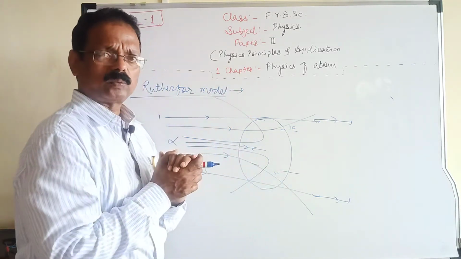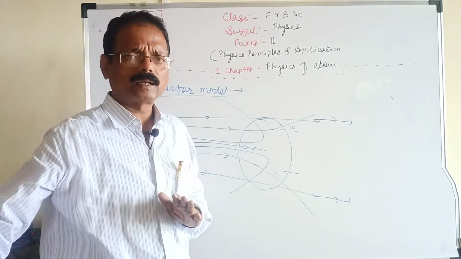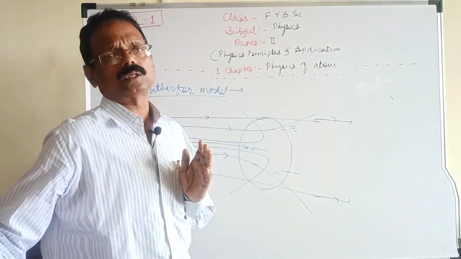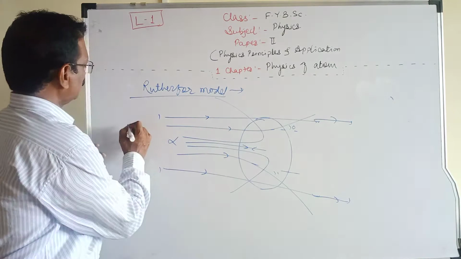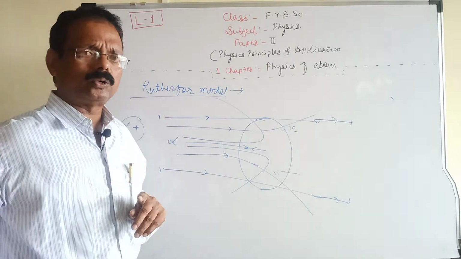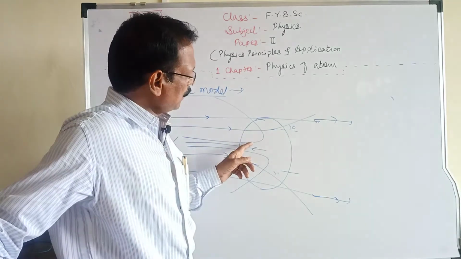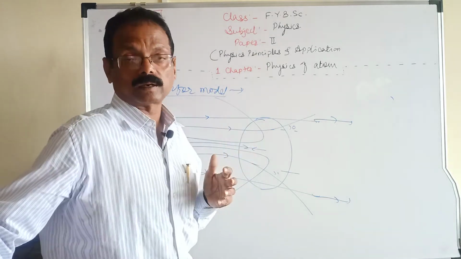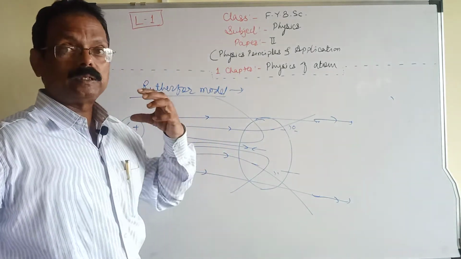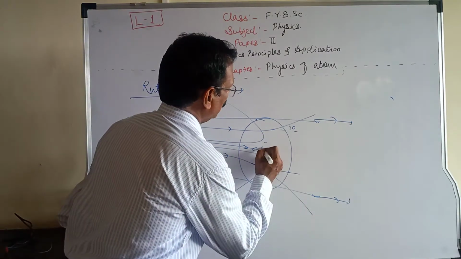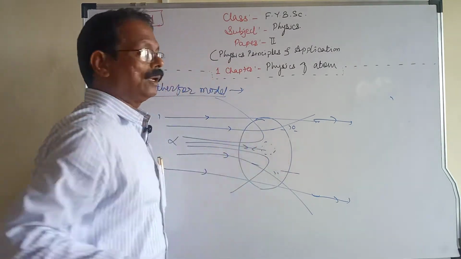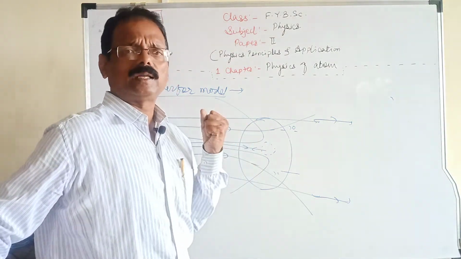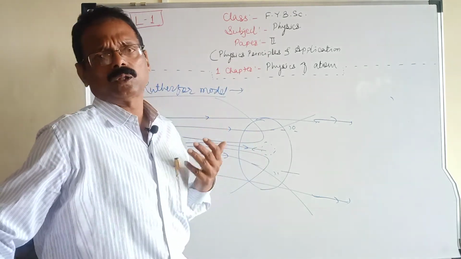What are the observations? Those rays far away from the central portion show no change in the path of the alpha particles. Those rays close to the central portion are deviated through some small angle. We know that the charge of the alpha particle is positive. Those rays very close to the central portion deviate with a greater angle as compared to the previous one. And those rays which are incident on the central portion, we can draw the central portion by dotted lines, so this is the central atom, are reflected back along the previous path.